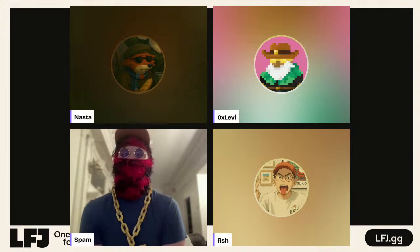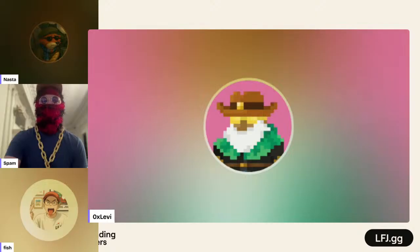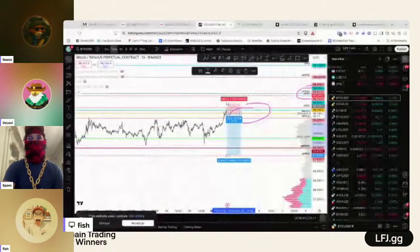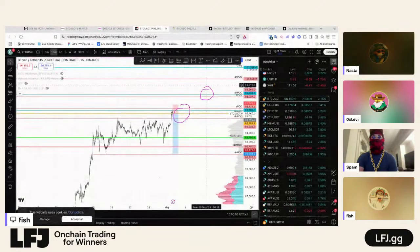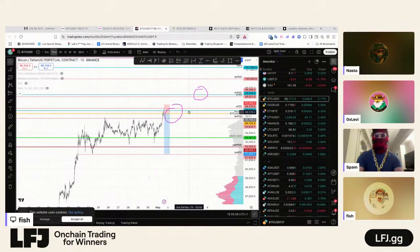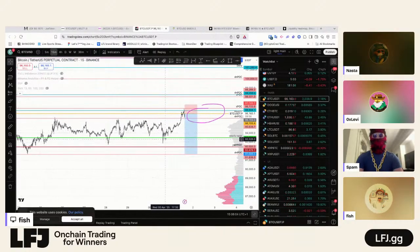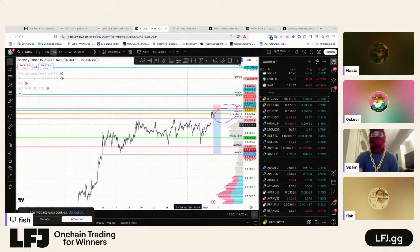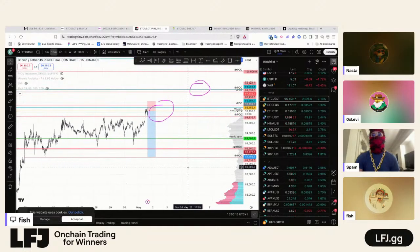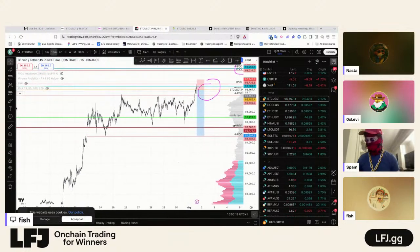All right, I'm going to do my little spiel, and then we'll transition to trenches. So, what are we looking at today, guys? This is what we're looking at right now. I've drawn two areas of interest, and basically this morning we went from 94K to 96.96K. All week we've been ranging, and I think it's just been driving both bulls and bears